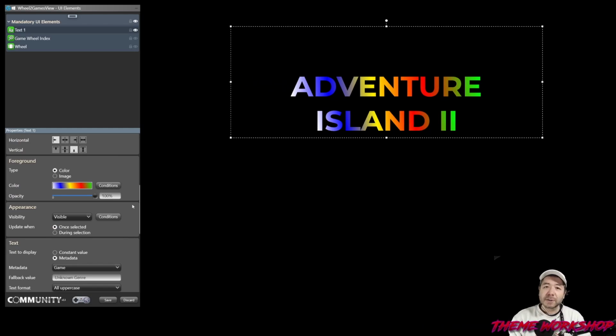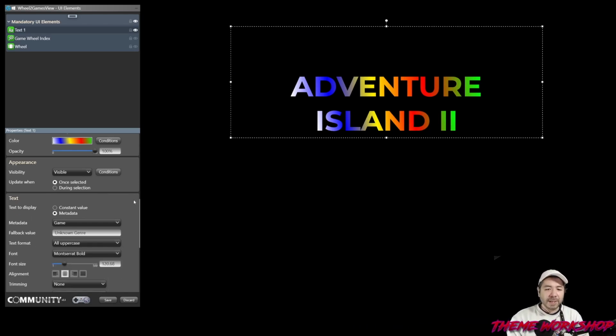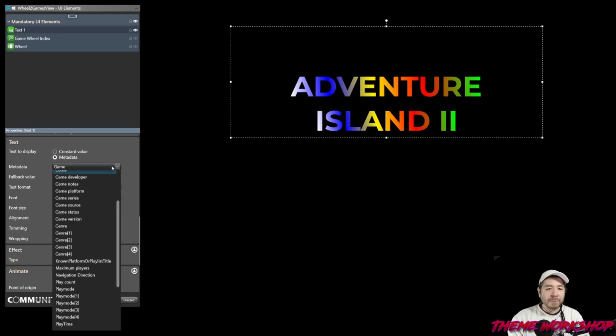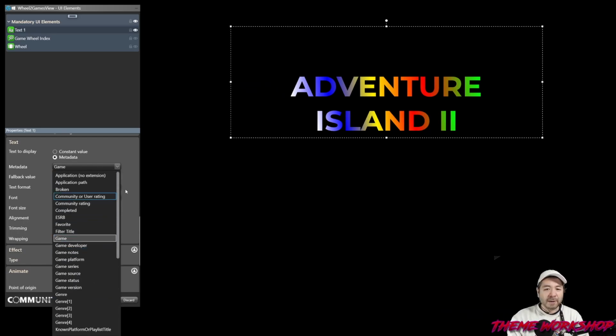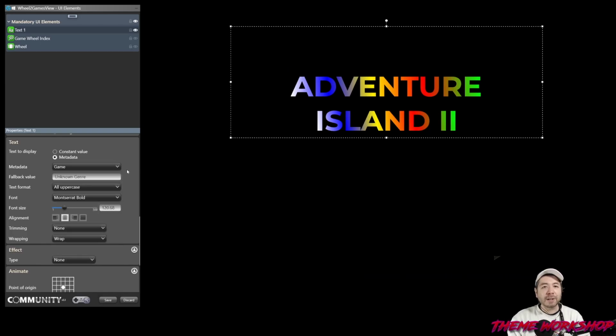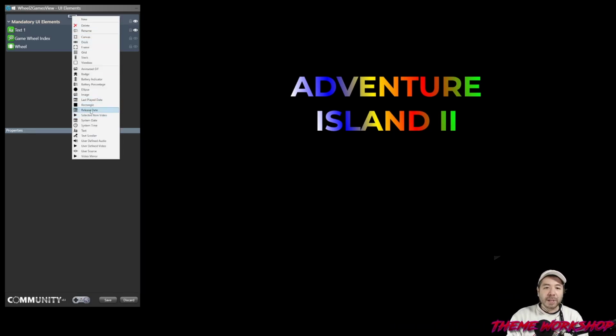Before we move on to the image element, there's one final tip I want to give you. If you were looking through this metadata drop down for the release date, know that it's not actually part of the text element. So if you wanted to display the release date, it has its own element. So you would just click here and click on release date, and that would bring down a very similar element, except for one